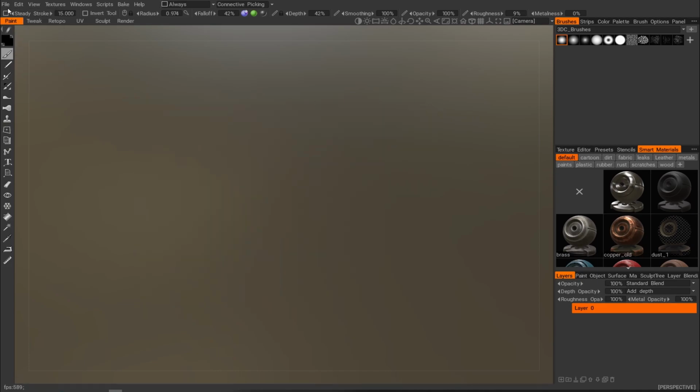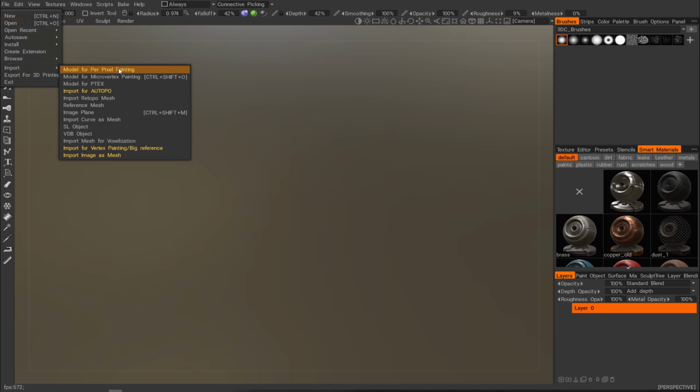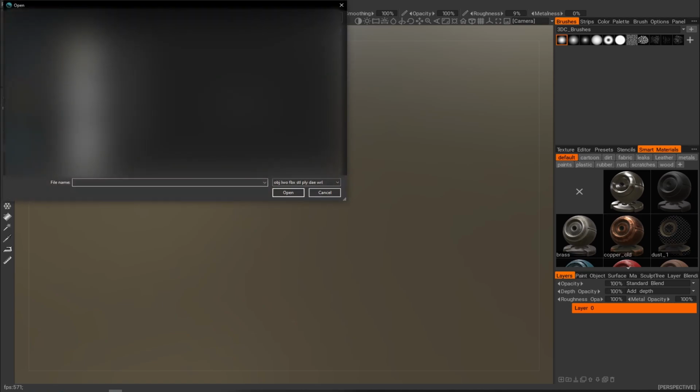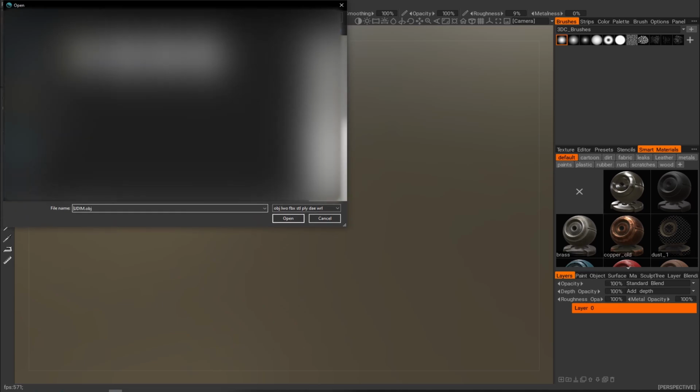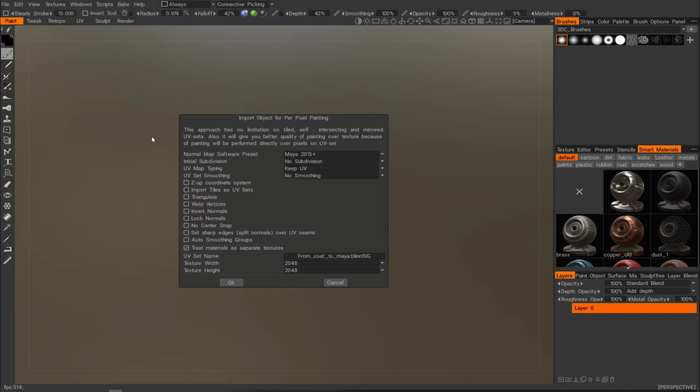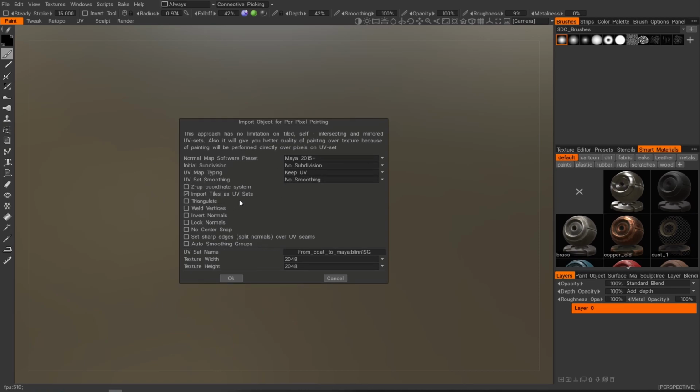So file, import model for per pixel painting. Now I'll just try to find my UDIM OBJ, and I'll just try to open it. Now this is the important part. So when you have UDIMs, first during the import, it is important to keep your UVs, and also that you want to import UV tiles as UV sets. Okay, so if I click here,